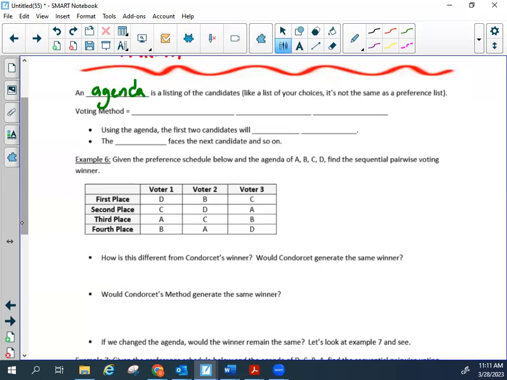So this voting method is called sequential pairwise voting. And this is going to be really, really similar to Condorcet's method. Not exactly the same, but a lot of similarities. Using the agenda, the first 2 candidates will face off. So this is head-to-head style. We pick two candidates and we put them head-to-head. The winner